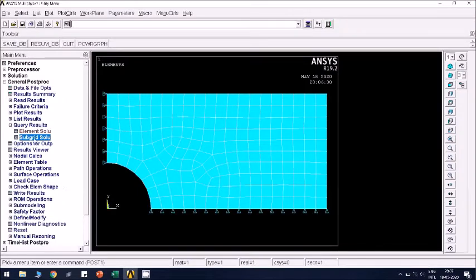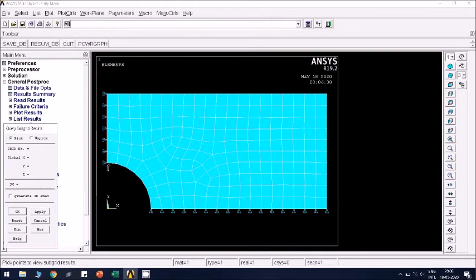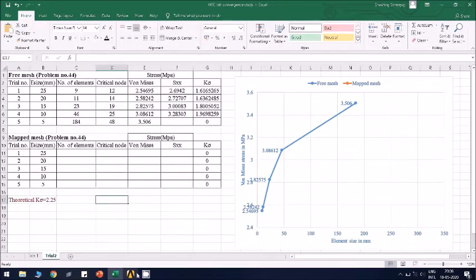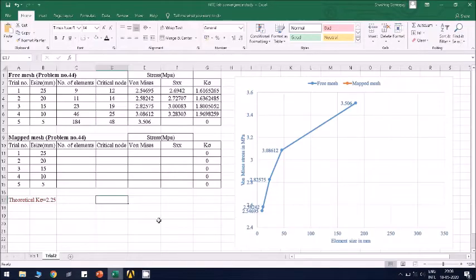Next, we'll find out what is the sigma x value there. Sigma x, click OK. 48 is the critical node number. 48 is entered. We'll find out what is sigma x. 3.69995.